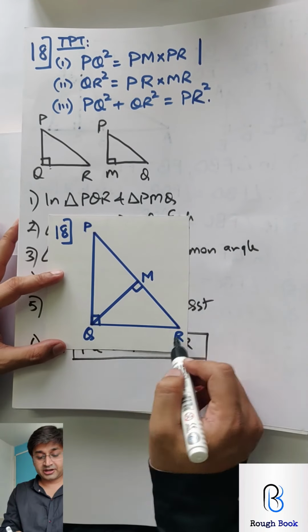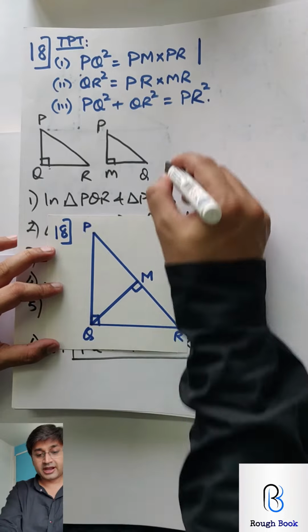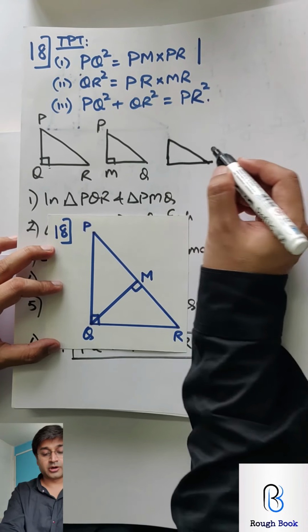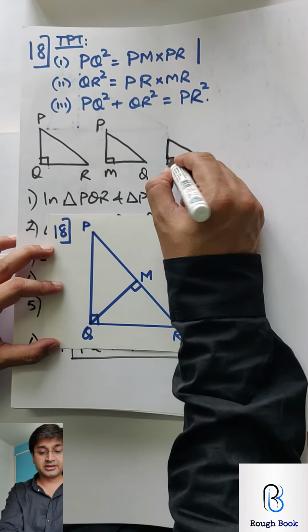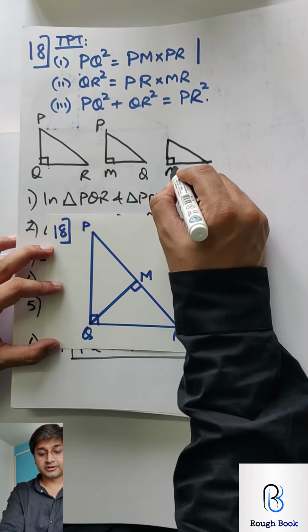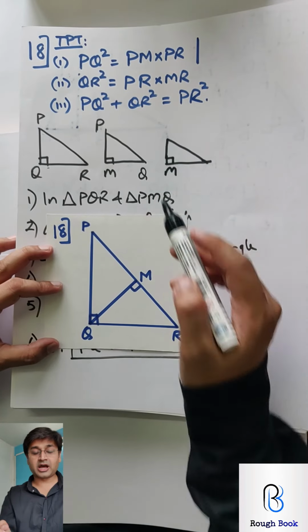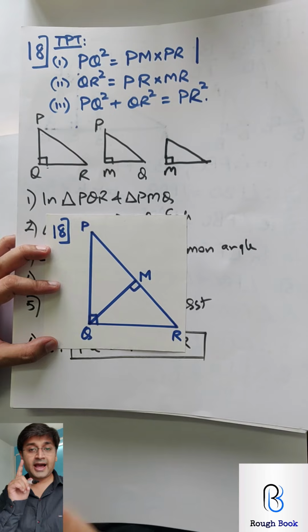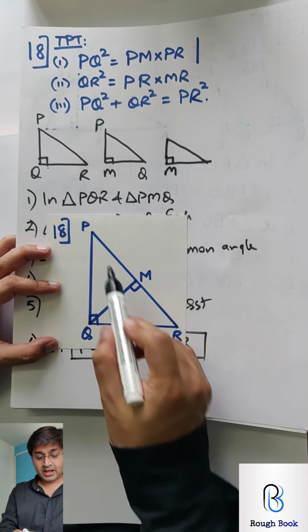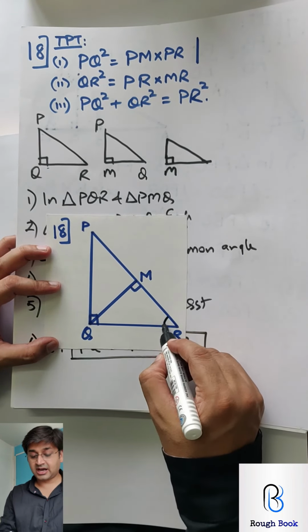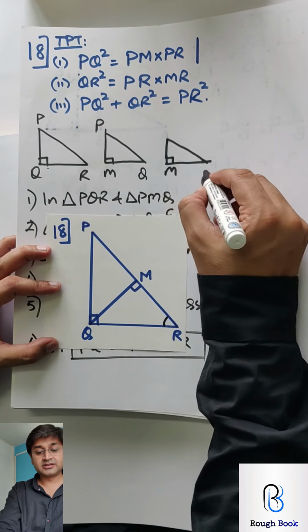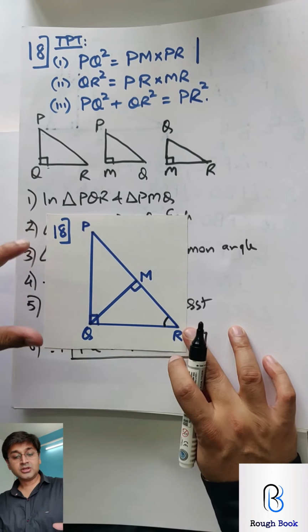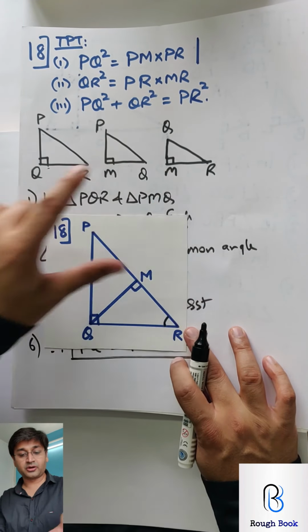So now the big triangle is already drawn. This small triangle I am drawing here. Alright. And let's give the correct one-to-one correspondence names. So 90 degrees, small triangle, M is over here. Now will Q come on top or R come on top? The easiest way to identify is to look at the common angle. See this triangle and the big triangle, the common angle is R. So wherever R is here, in the same place R will be here. What is left? Q goes on top. Got it? So now you have the two triangles with correct one-to-one correspondence.